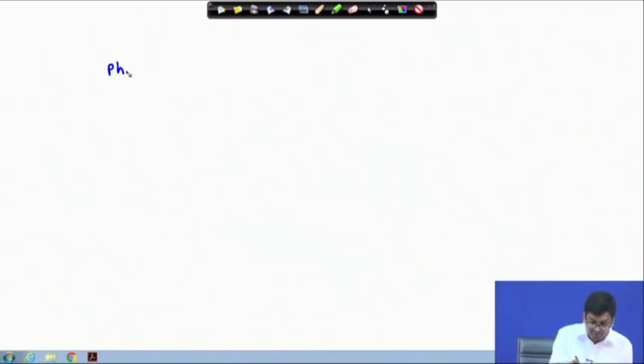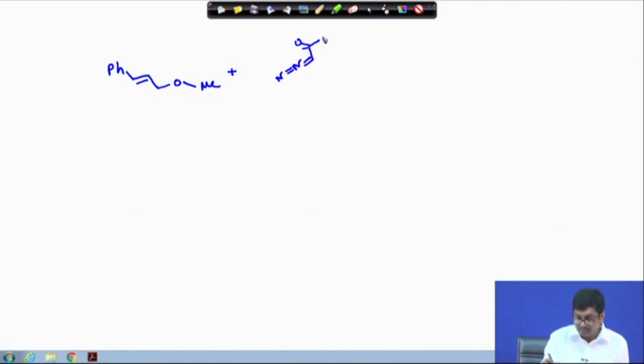For example, if we take this ether as the starting material with the corresponding diazo compound as the carbene precursor. Okay. So, now